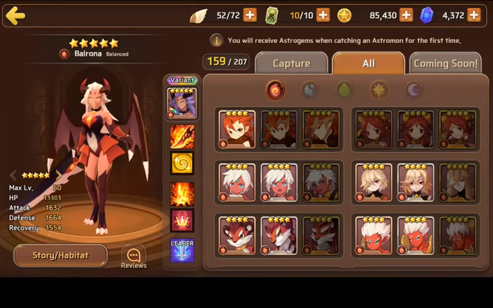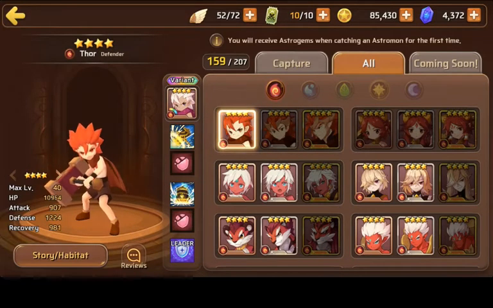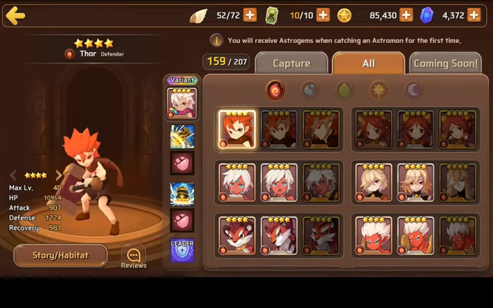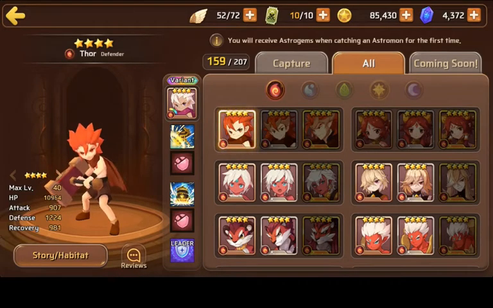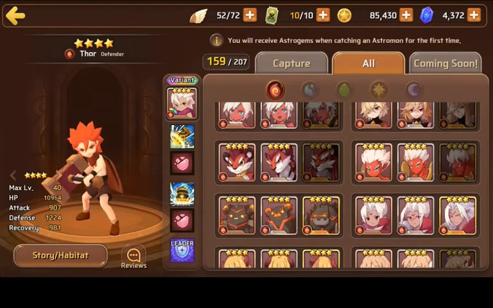I think Thors, not just Fire Thor, but any Thors are definitely worth gleaming, just because you have to sacrifice 3 Nat 4s to actually get 1 Thor. And I think that 1 gleam is definitely worth 3 Nat 4s. So if you're trying to gleam a Thor, it definitely has its uses for sure. The second thing that I think is worth gleaming is